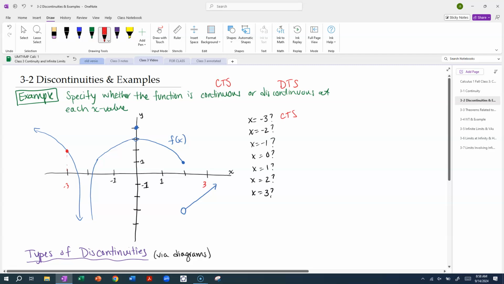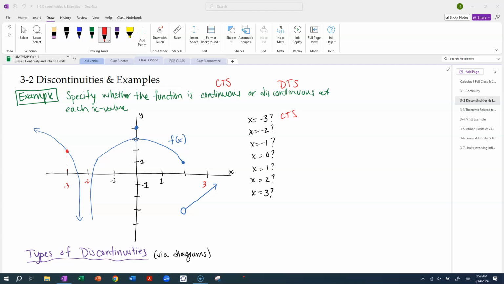By comparison, at x is equal to minus 2, right? As I go to negative 2 from the left-hand side, I extend forever downward, so that's going towards minus infinity. Going from the right, same sort of thing. So I would be tempted to say that the limit exists, because the left-hand and right-hand limits agree in concept. But what's f of a? I don't have f of a, so since f of a doesn't exist,